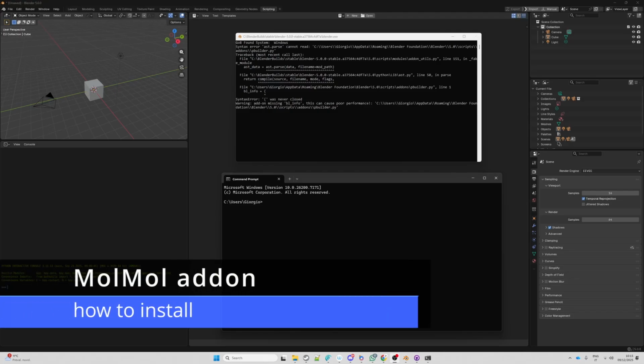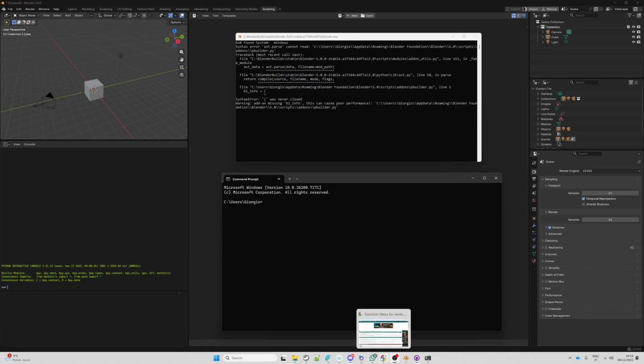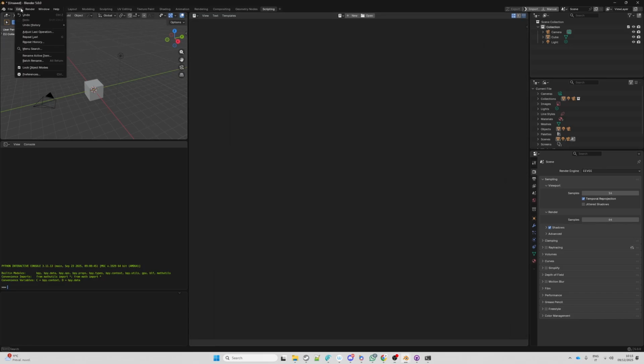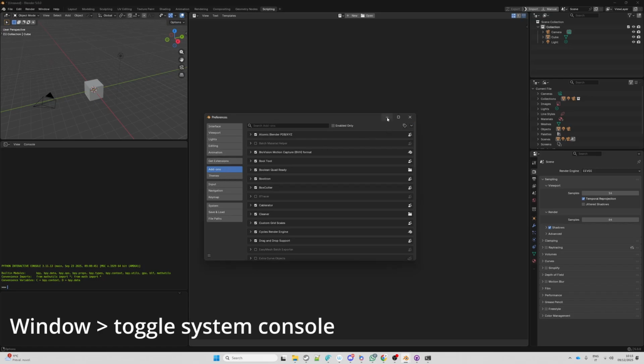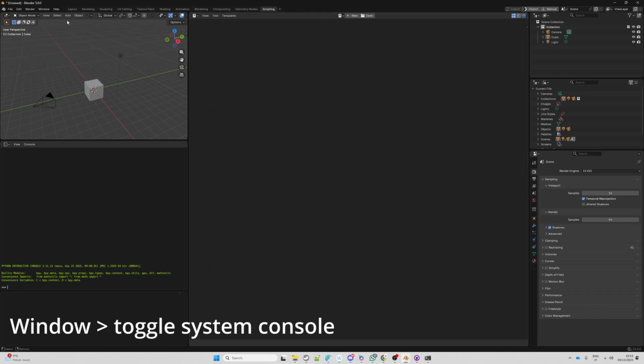Hello, so I will show you how to install the add-on. For doing that, you should read the README that you can find in the GitHub or in the Gumroad download. First of all, before using the edit preferences install add-on, as you always do, you need to go to scripting